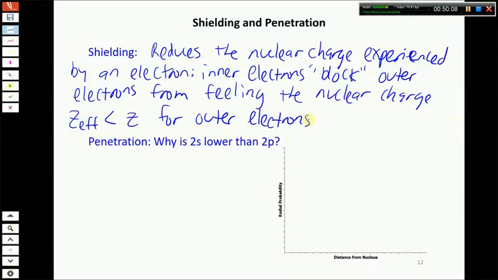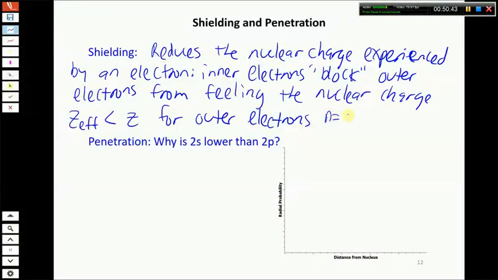So if you have a large atom with, let's say, 25 protons in the nucleus, that would be chromium, I think. I'm probably wrong on that, you guys are going to make fun of me, but anyway, a large atom with 25 protons in the nucleus: the outer electrons are not going to feel attracted to all 25 protons. That plus 25 charge in the nucleus is going to be partially blocked out, and you're going to have an effective nuclear charge for the outer electrons that's smaller than that. And this is the reason then why,